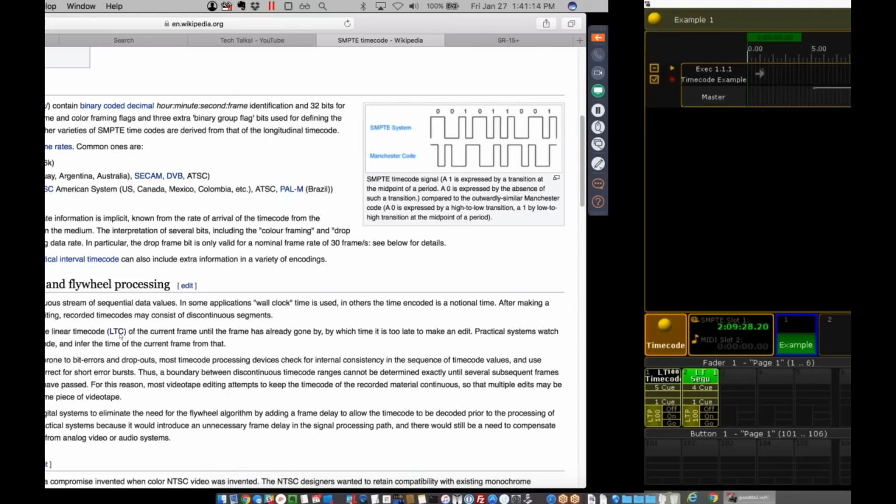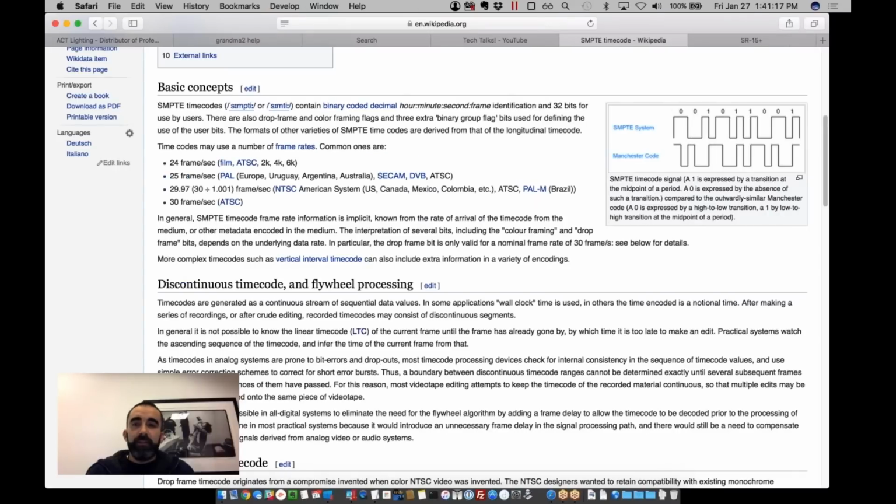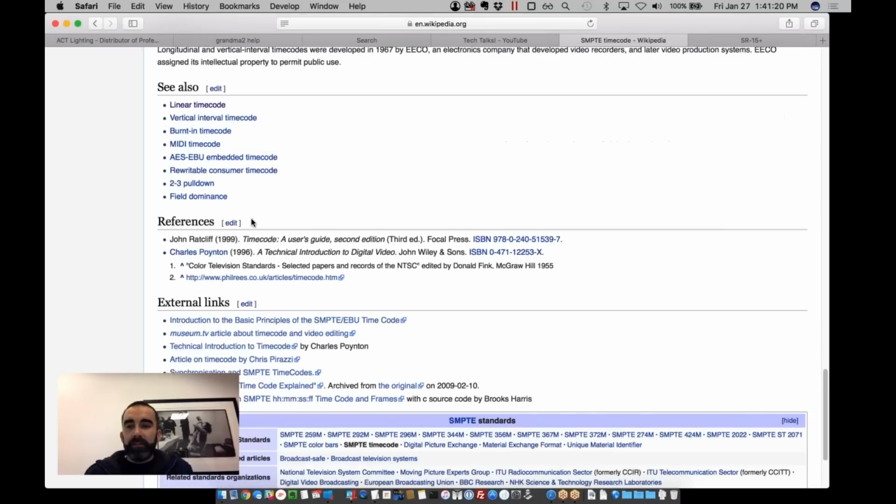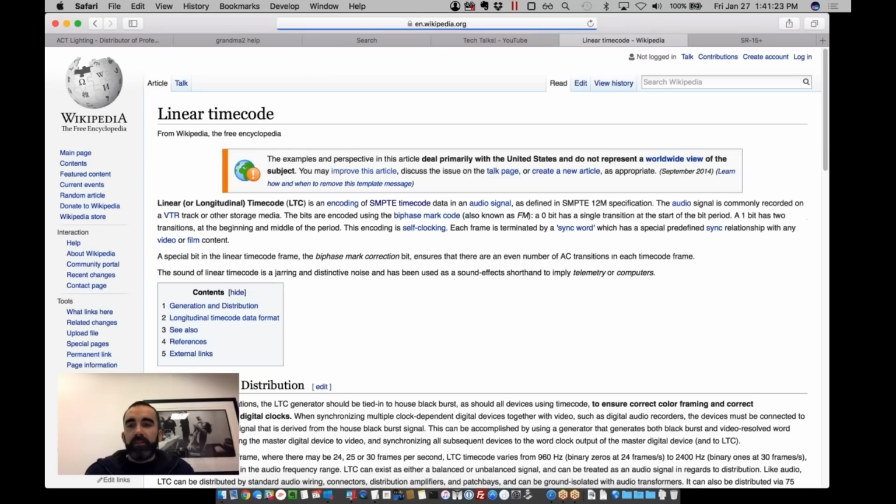In terms of fundamentals, I realized that I forgot something. The linear timecode, which is actually linked at the bottom of this article, we can take a look at that. That's the encoding of the SMPTE signal into an audio signal format, that analog audio that I talked about. There is another type of timecode called MIDI timecode, which is transported via MIDI cable.